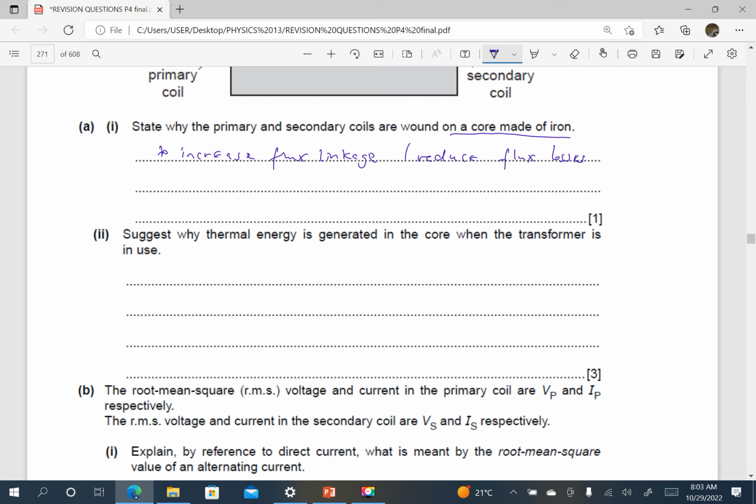So the flux in the core is changing because of the alternating current in the primary coil,